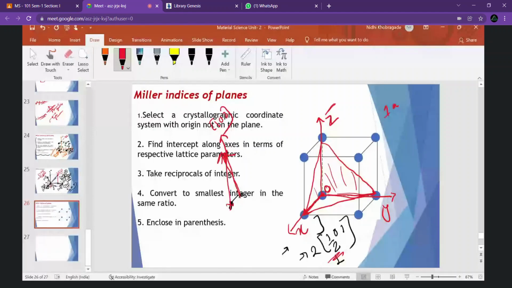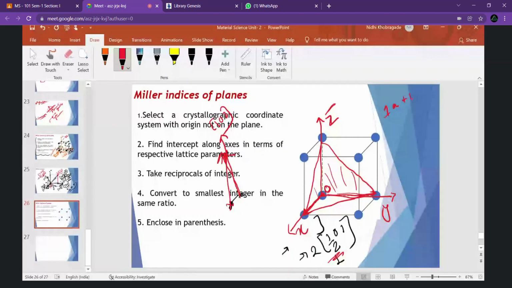Okay, so it will be 1 times of b. So what we are doing, we are considering a particular triangle as our plane, and we have chosen our origin on the other side of the whole crystal structure. In that particular plane which we are considering, we have to find out our intercept.